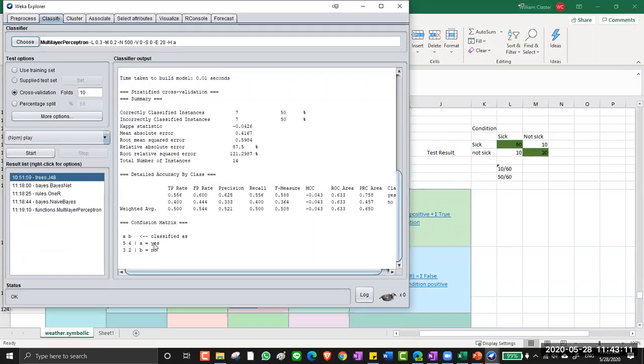Yeah, 5 out of 8 is equal to 0.625. Oh, you're right, I'm sorry. Right, so this is right. So that's 0.625. And then this one